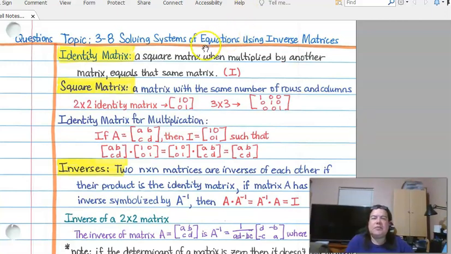So what is the identity matrix? Well, it's a square matrix that, when multiplied by another matrix, equals the same matrix. So identity, remember we had seen that. Like with addition, if you add 0, you get the same thing back, right? And the same thing kind of happens here with the identity matrix. If you can find a matrix that you multiply by another matrix and you get itself,